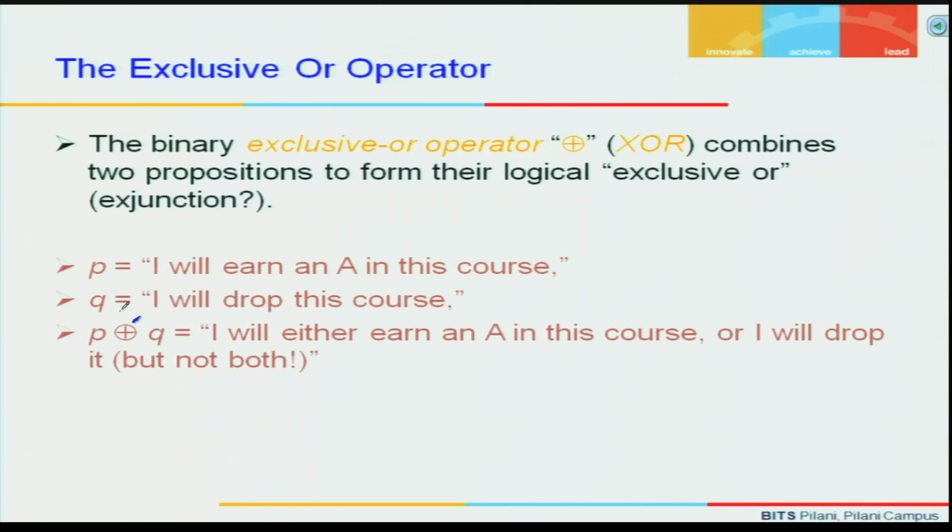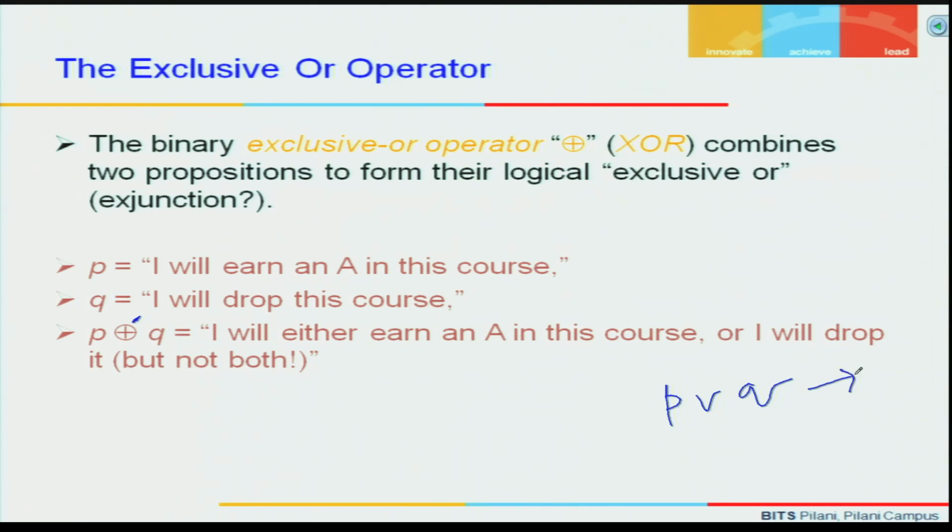Either this or that, but not both. What is conjunction? What is the OR operator telling? If I say P or Q, it means that when somebody comes and says that P or Q, this compound statement is true, then what I get to understand